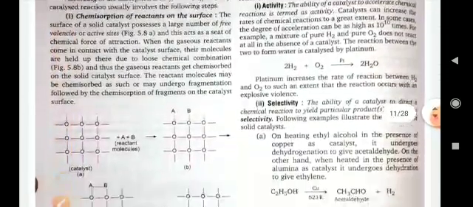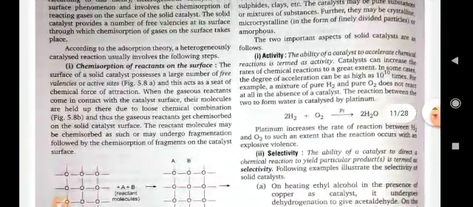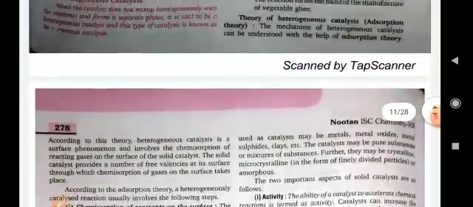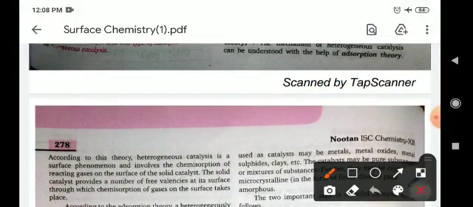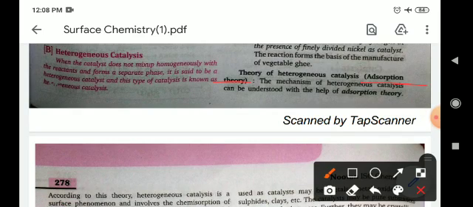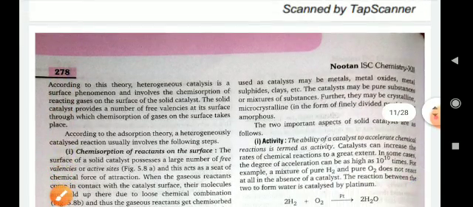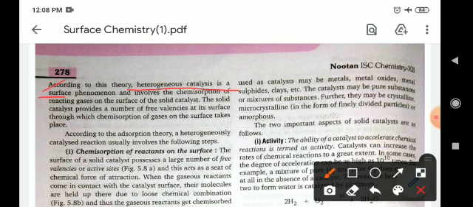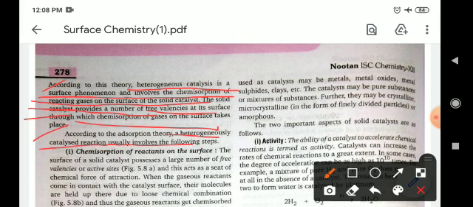Now come to the theory of heterogeneous catalysis: the adsorption theory. The mechanism of heterogeneous catalysis can be understood with the help of the adsorption theory. According to this theory, heterogeneous catalysis is a surface phenomenon and involves the chemisorption of the reacting gases on the surface of the solid catalyst. The solid catalyst provides a number of free valencies at its surface through which chemisorption of gases takes place. According to the adsorption theory, a heterogeneously catalyzed reaction usually involves the following steps: